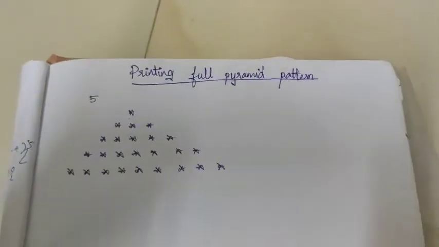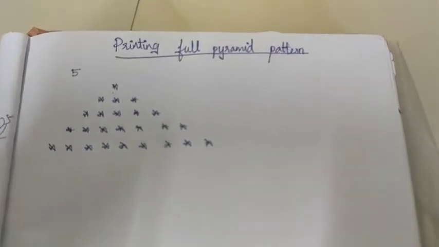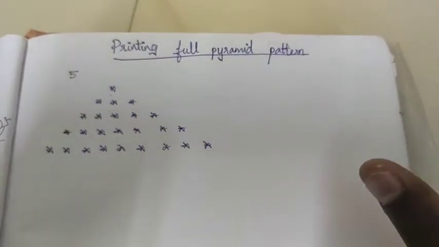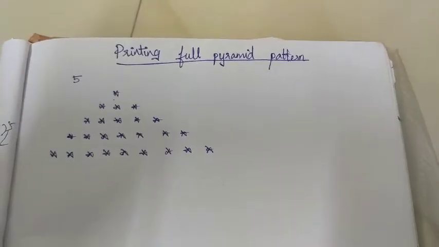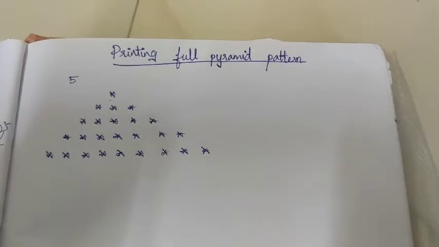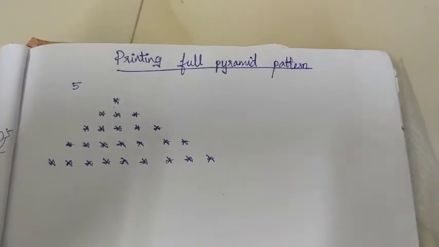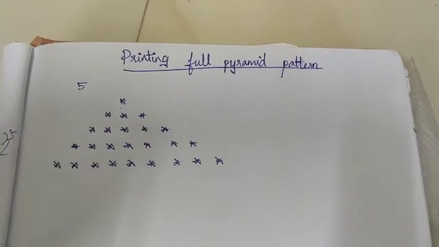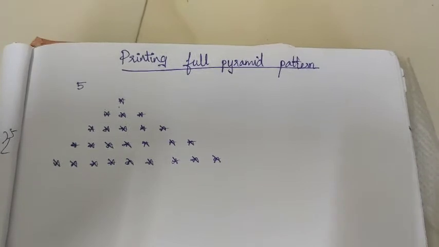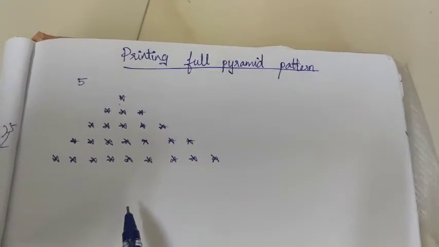So the pattern looks very complex. This may look like I can't solve this problem, that it is very tough, but I can say this is a very easy problem when you approach it with the help of only 2 for loops, an outer for loop and an inner for loop, and an extra for loop for printing some spaces. Fine. So let me implement it by first splitting the problem into 2.